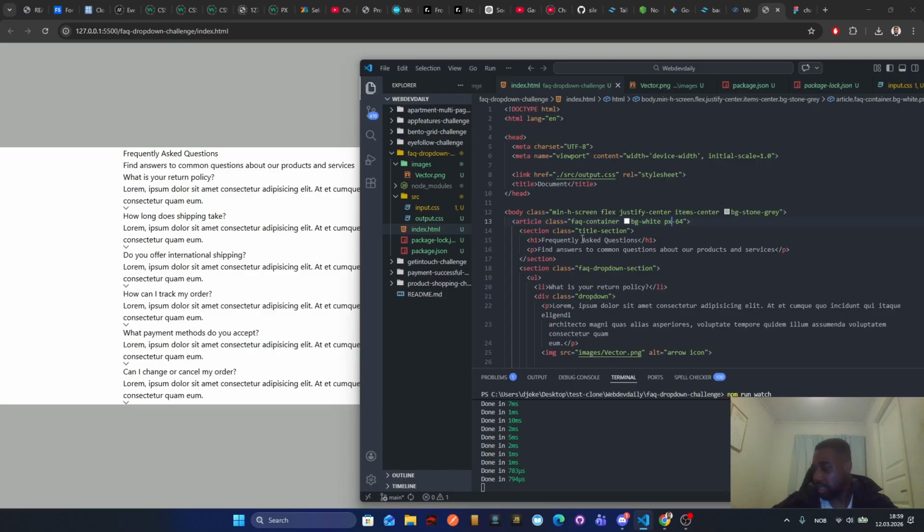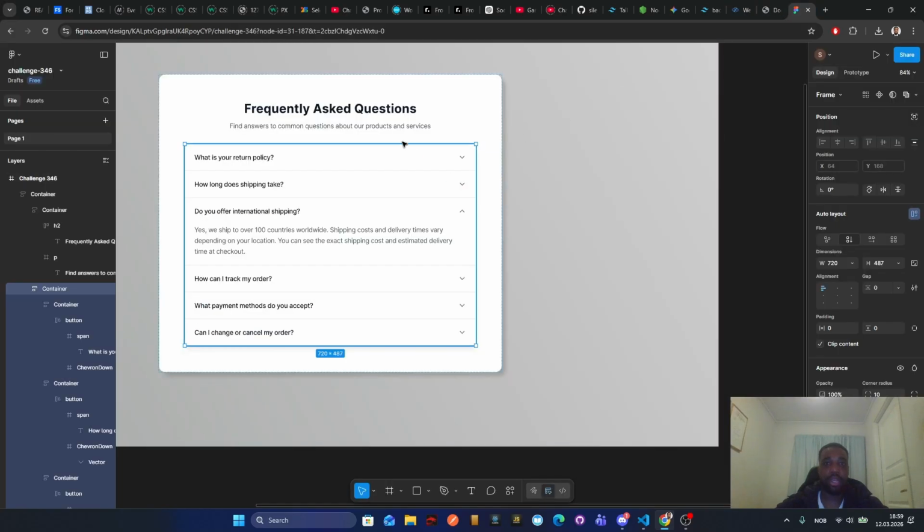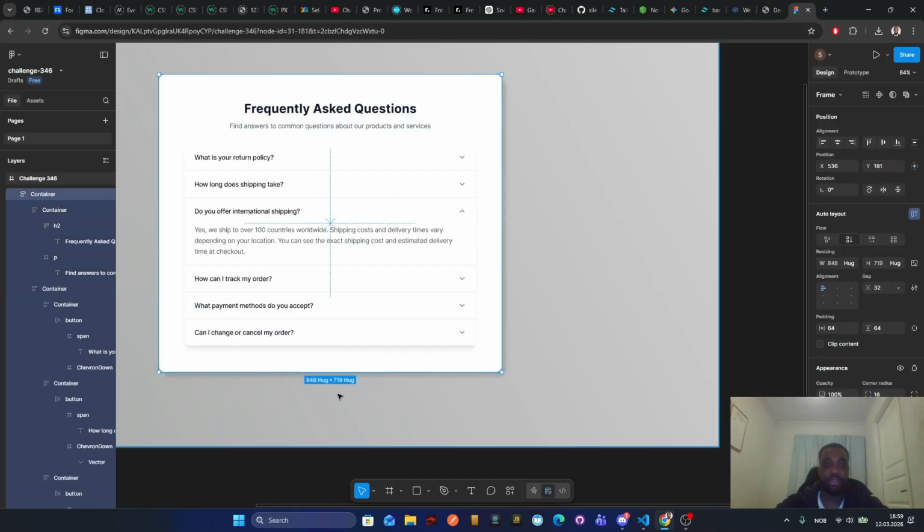There we go. I was like, what the heck? What is going on? Yeah, but yeah, guys. It's spanning here, right? I forgot that we need to have a max width of